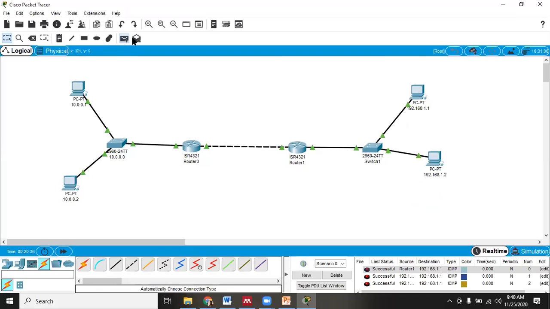Now check it for this one to this one. This is working. From this IP to this IP, we are able to communicate. From this IP to router number 0, we are able to communicate. From a different network, that is 192.168, we are able to communicate with